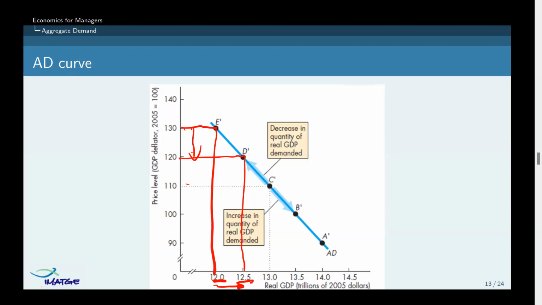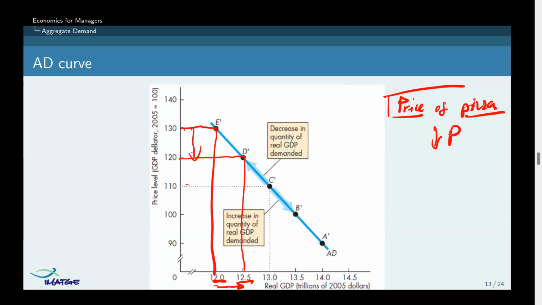There are several reasons to explain that. Okay? Because remember, when the price level falls, I will take it from a micro level. The only way to understand macroeconomics is to take it at a micro level. Then you aggregate it, considering that same thing happening to everyone in the economy. Let's take the price of, let's say, petrol. You are demanding petrol as an individual, or as an individual company. Okay, no, let me say the price of pizza, for example. Let's talk of the price of pizza, right? So the price of pizza